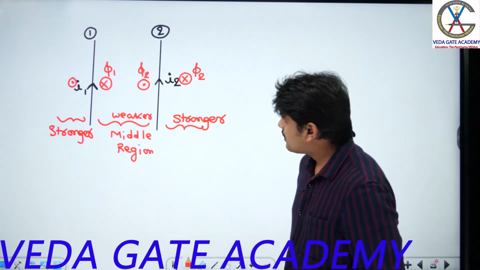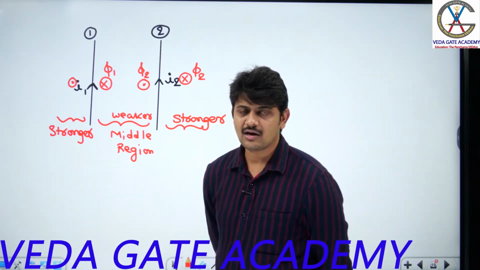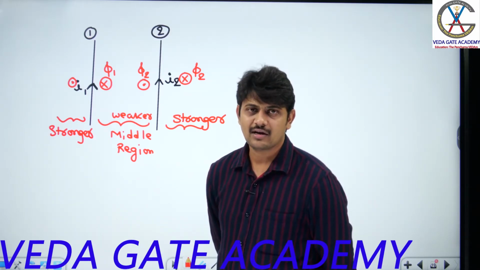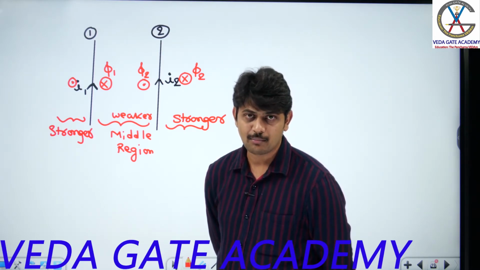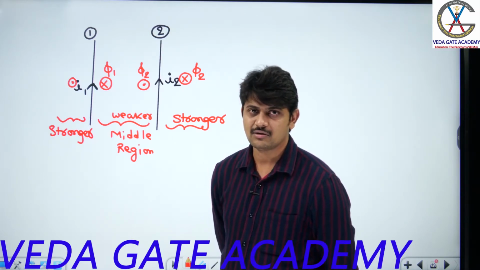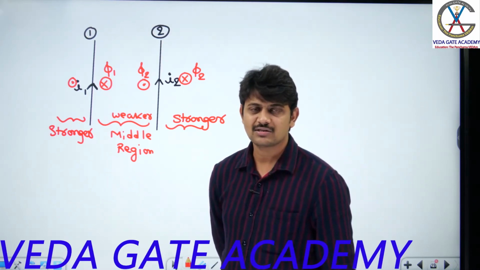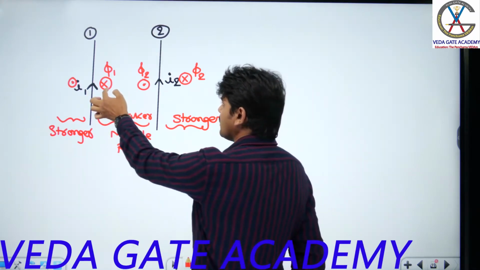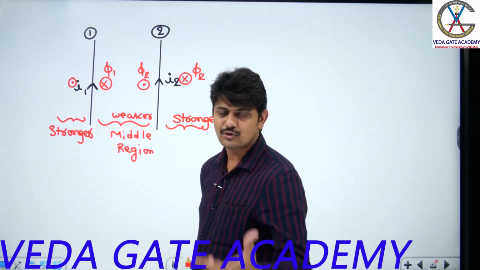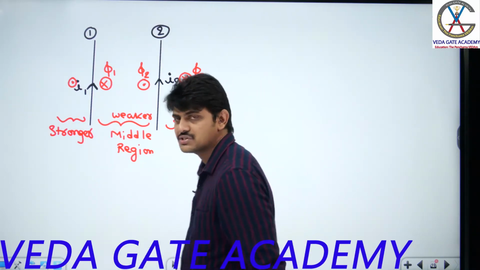Yes, relax. Now, the moment I know the stronger flux region, in order to determine the force acting on the conductors, we always have to choose the reference as the stronger flux region. Again I am saying this is a very important point. To determine the force acting on the conductors, always choose the reference as the stronger flux region. Because in the Fleming left hand rule, our forefinger is used to represent the direction of flux lines. But in the middle region I have cross and dot, and in the outside region I have dot and cross. So which flux region do we have to consider to apply the Fleming left hand rule? Make it a key point that we always have to choose the reference as the stronger flux region.